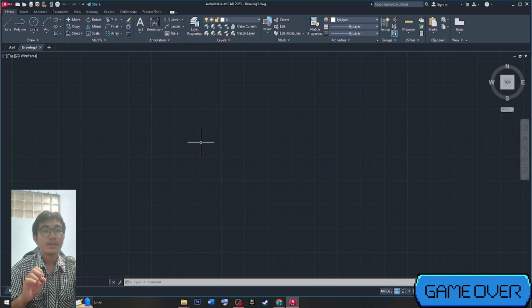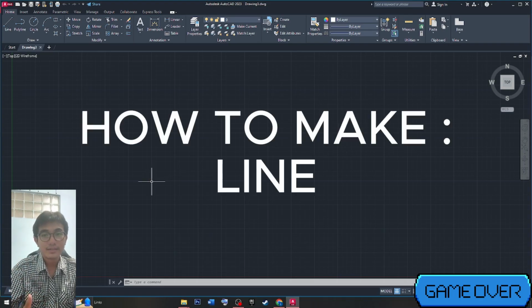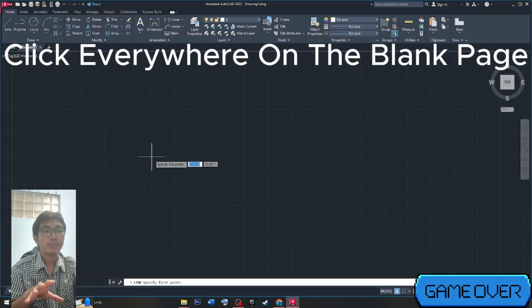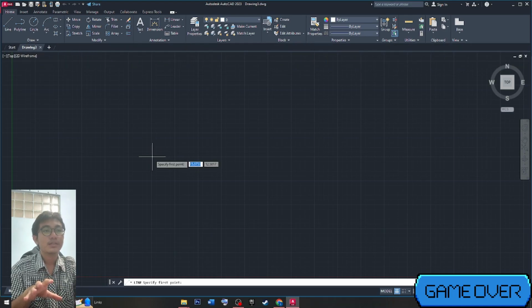So before we make the 3D solid object, what we have to learn is how to make a line. There are some ways to make a line in AutoCAD. First, you can see the top left here. It's a line, and then drag your mouse to the blank page. Then click anywhere on the blank page. Click once, and then